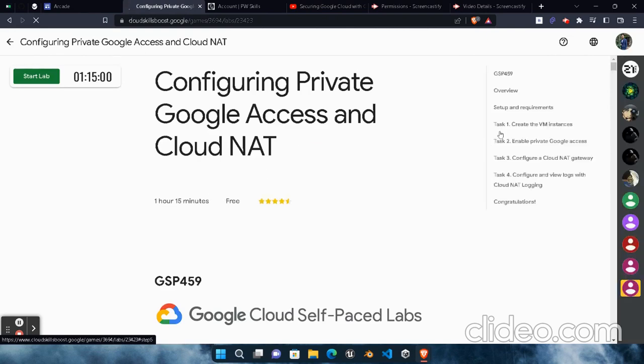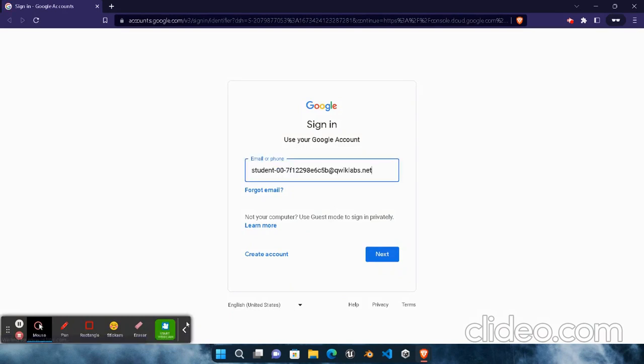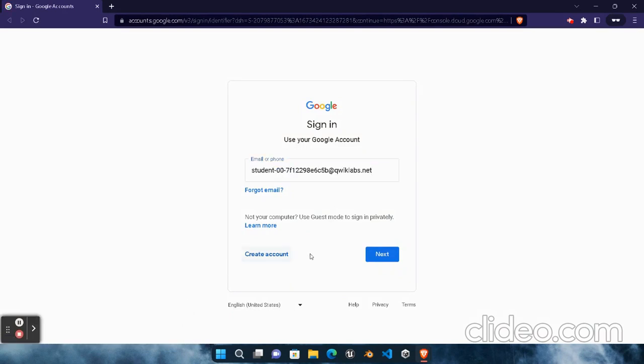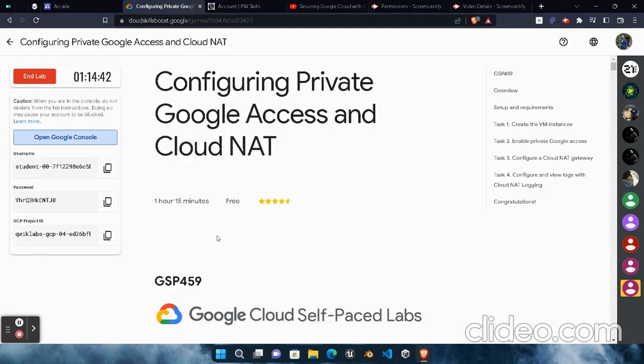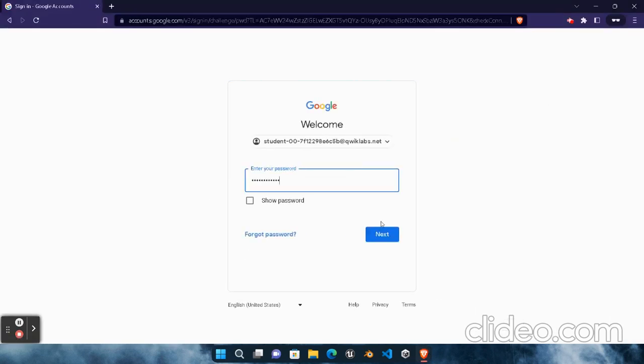Wait for the page to load. As you can see, there are a total of 4 tasks that we need to perform. Click on Start Lab button. Wait for the credentials to load. Right click on open Google Cloud Console and open it in private window. Once again, it's a necessary step for you to open it in incognito mode, otherwise you will face certain errors or problems. As you can see, the email id is already pasted here, but if in your case the email id is not pasted automatically, then use the username instead and you will get the access. In the password section, we need this password, so copy this, click on next, paste the password, hit enter,